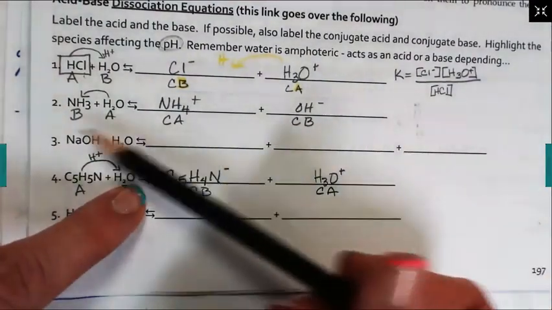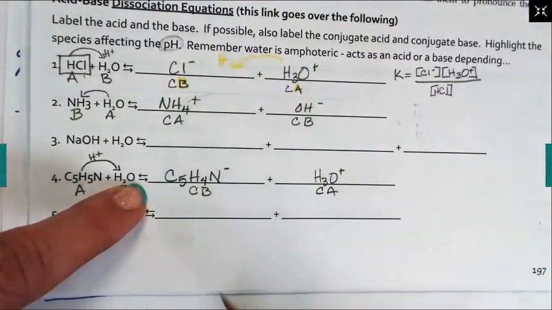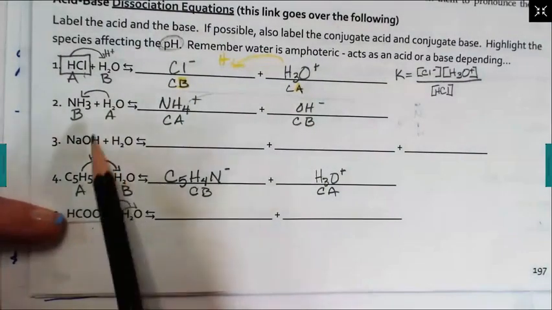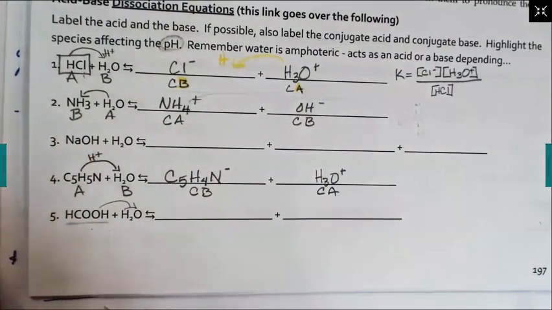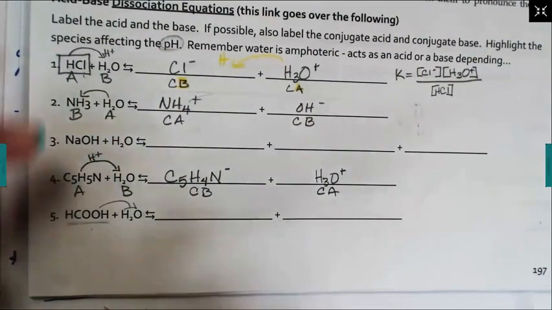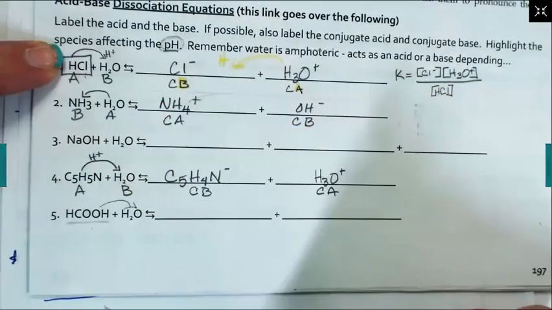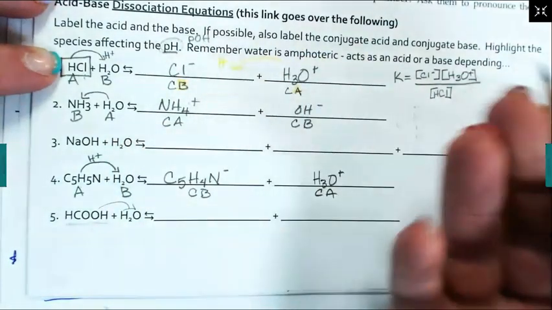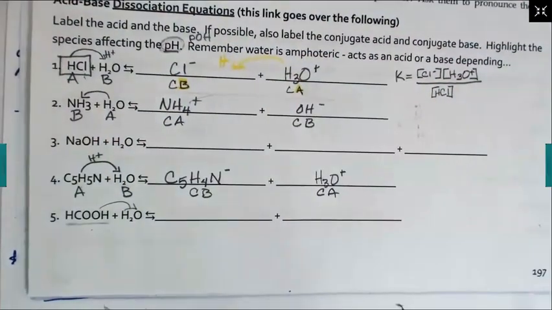Because if I were to go the other way, the hydrogen's going to move over that way. So in this case, the water would be what's affecting the pH. Absolutely. It's asking pH. There's also something called pOH. It would be the base that would affect the pOH, because it's asking that.